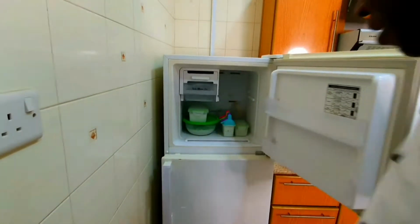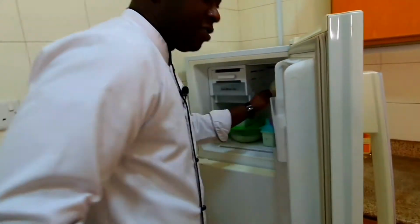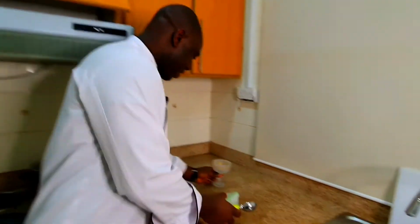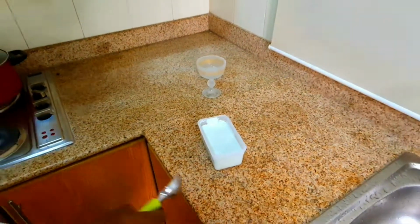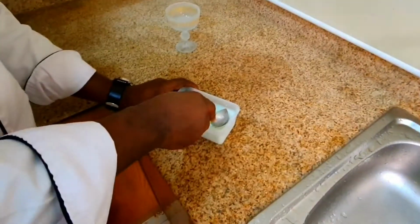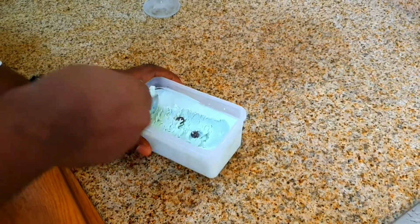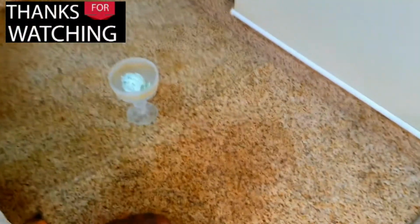The 6 hours is up, so let's take one. Already I have my ice cream glass in the freezer. Let's see how it looks now. As I said, overnight will be the best option, but you can see it's still nice frozen. Wow,